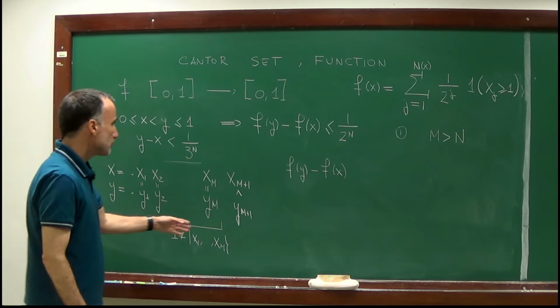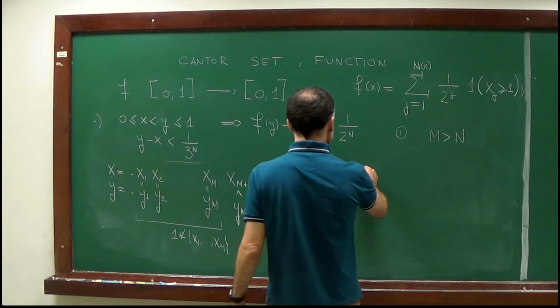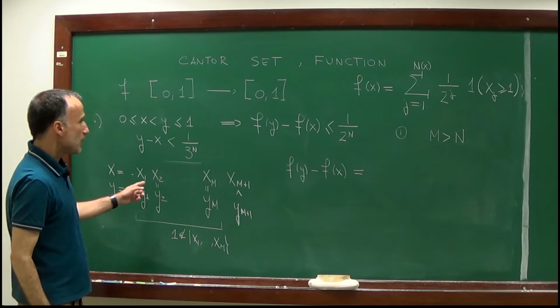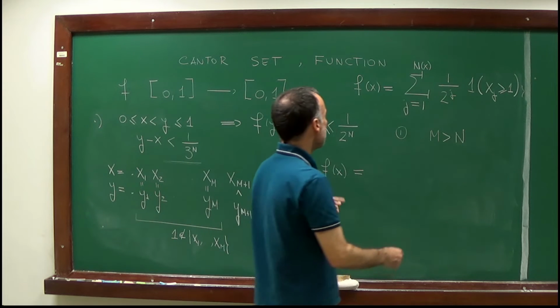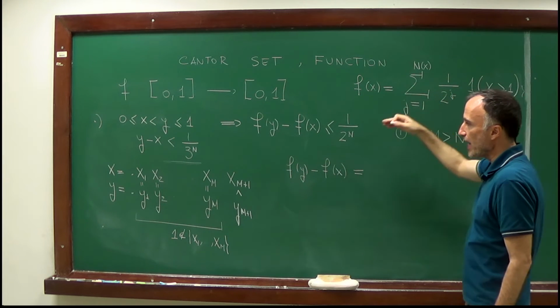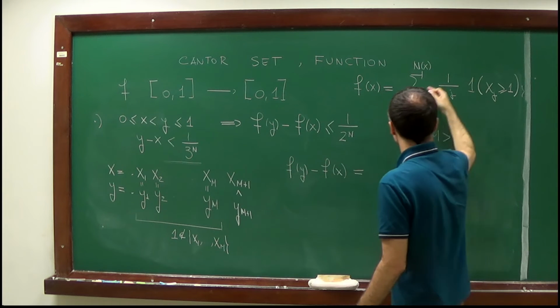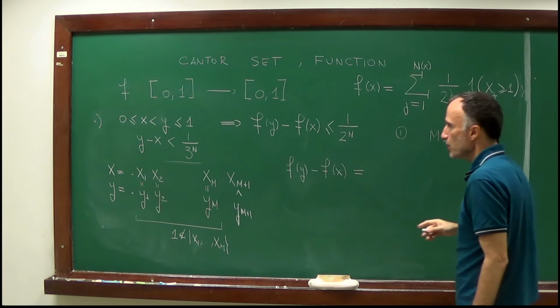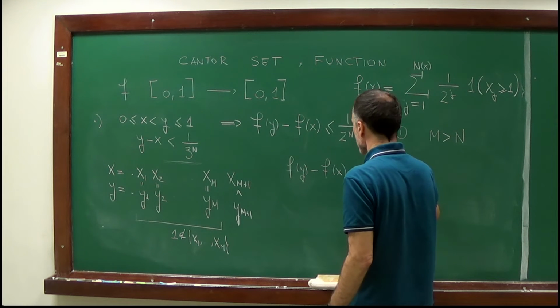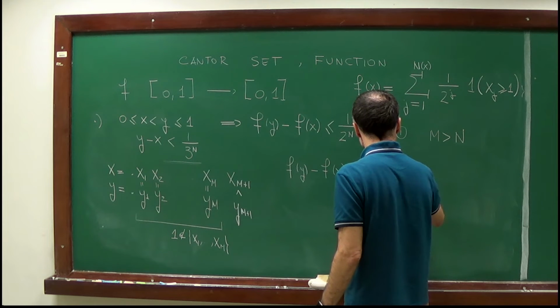Well, f(y) minus f(x), there will be a contribution of the first m terms, but they cancel because they are equal. So f(y) minus f(x) will be equal to the sum